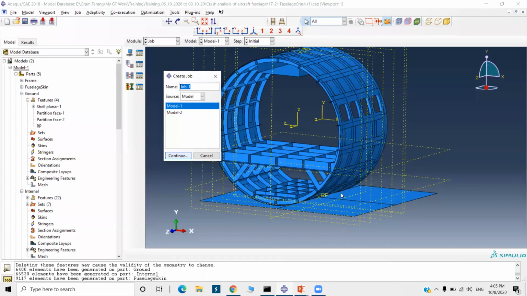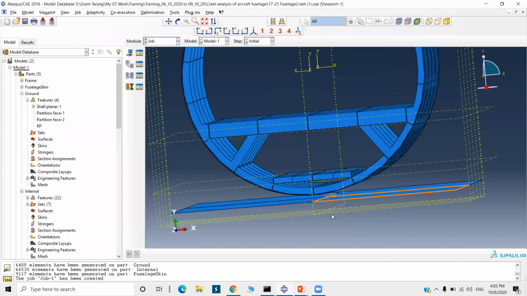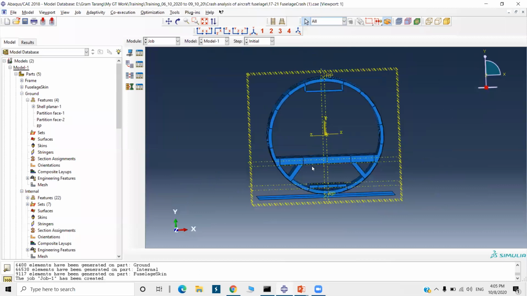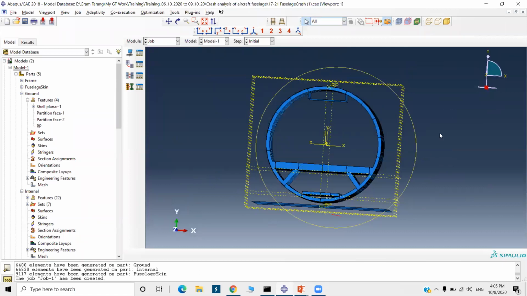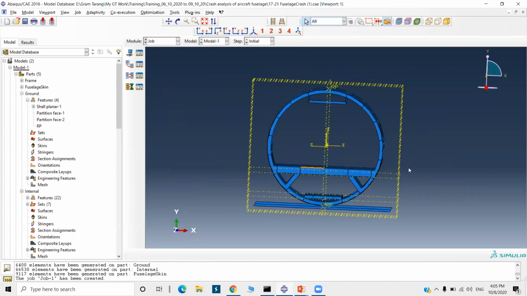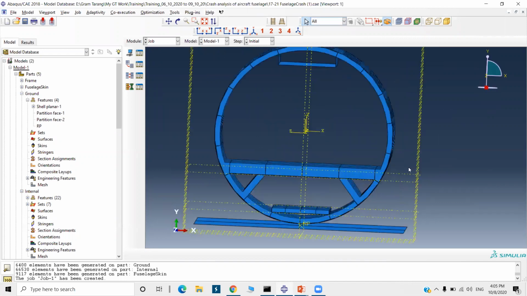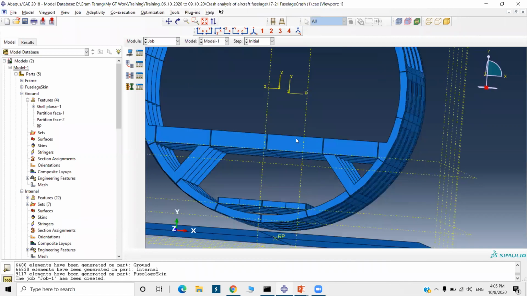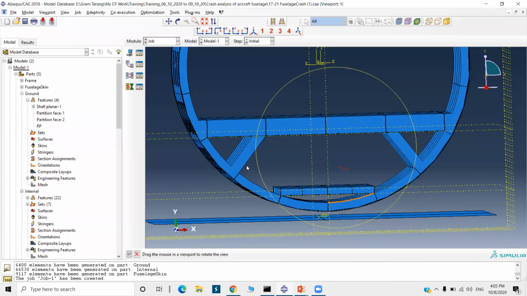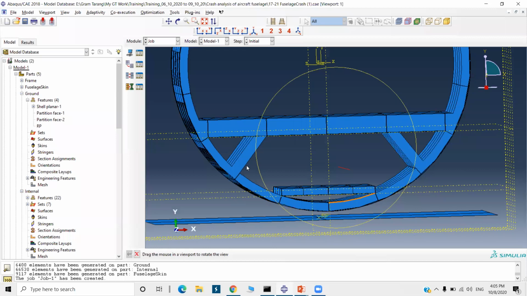Now I will just tell you why there is less clearance. If we take the actual height of this experiment, then it will take a long time for the computation. So to save the computational time, we have just calculated the velocity just before falling down to the ground, and we have applied that velocity. To save the time, we have to keep this clearance as small as possible. Okay, so the job is done.